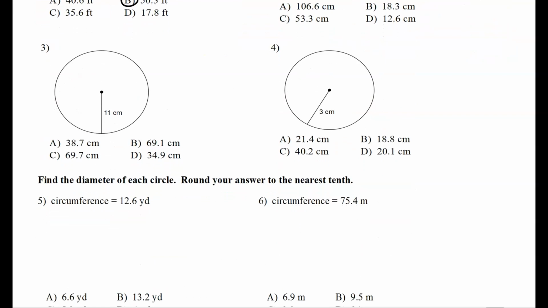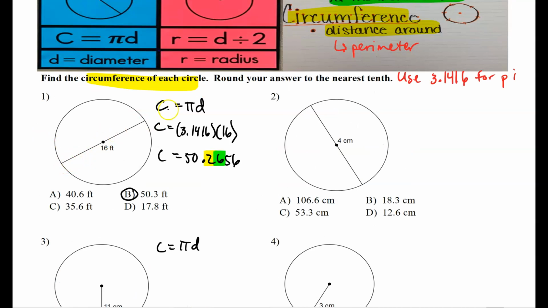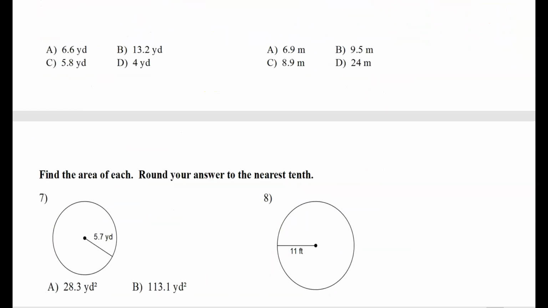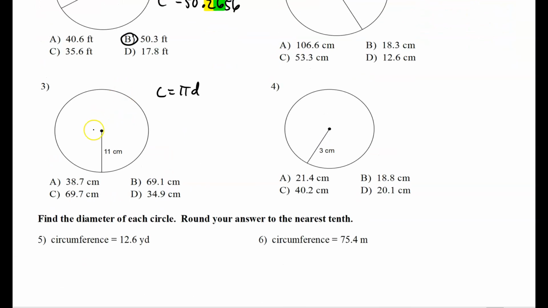Number 3, we're still working with circumference, so C equals pi d, but this is a different type of problem because in number 1, I had a diameter, right? A line that goes all the way across. In number 3, I don't have a line that goes all the way across. I have a radius. So if my radius is equal to 11, and then I extend it all the way, that would be 11 more. My diameter is then equal to 22. So C is equal to